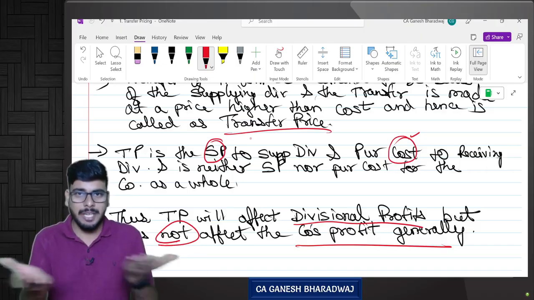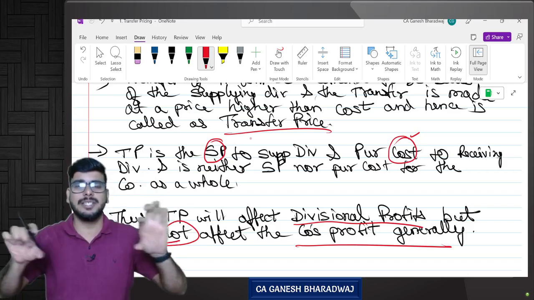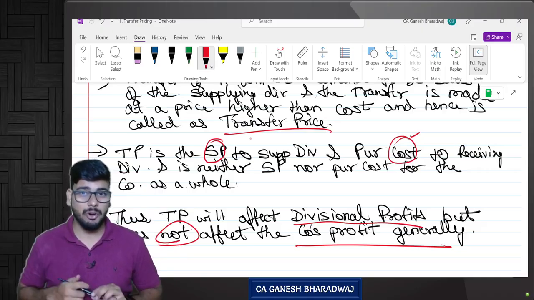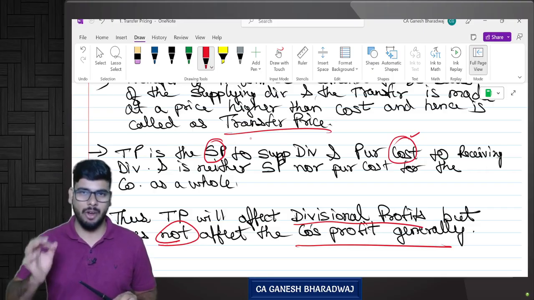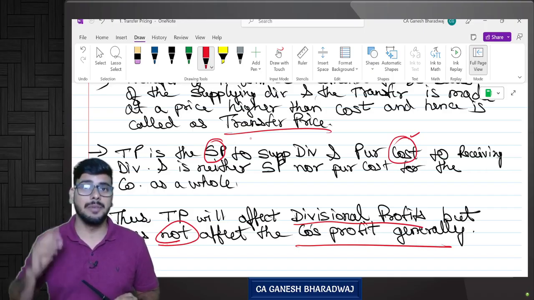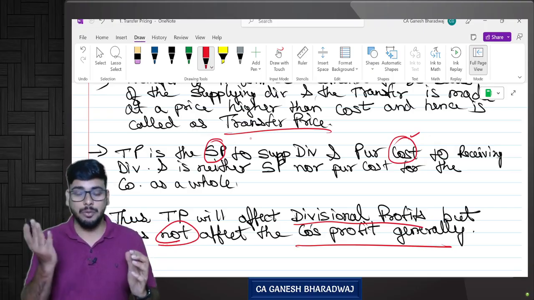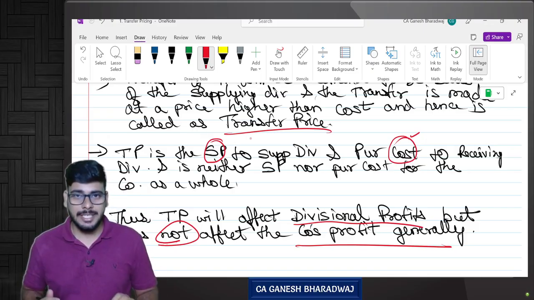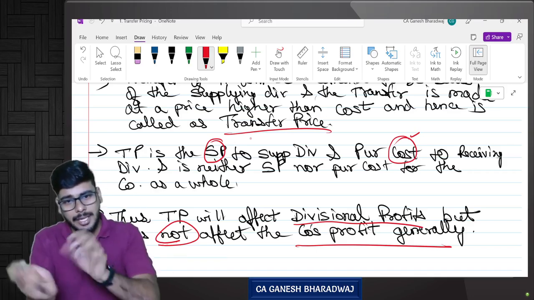If you spend more time on your foundation, as when you're constructing a building, if the foundation is laid strong, automatically the building will be very strong. Correct? Similarly here, I've told this before also, the more time you spend on the concepts, the less time you will spend on the questions. Always remember this. In fact, in the words of Abraham Lincoln, the former president of the US, he said, "Give me 6 hours to chop down a tree. I will spend the first 4 hours sharpening the axe."